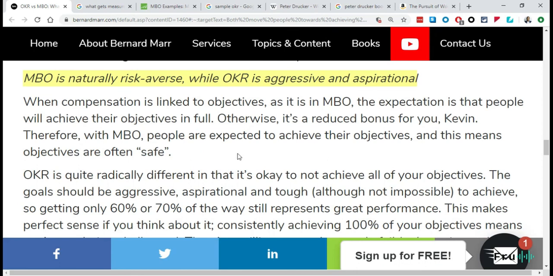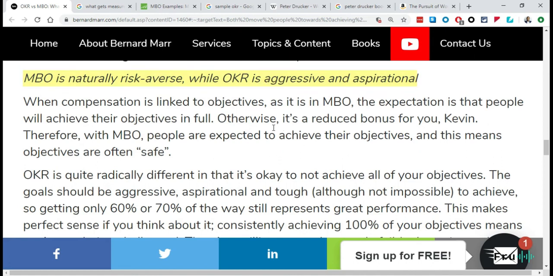realistic MBOs. But for OKRs, because it's not tied to compensation, people can then really go out on a limb to those moonshot kind of projects, to very ambitious objectives, which if they meet, then great. If they don't, you're still not penalized. You're not penalized for